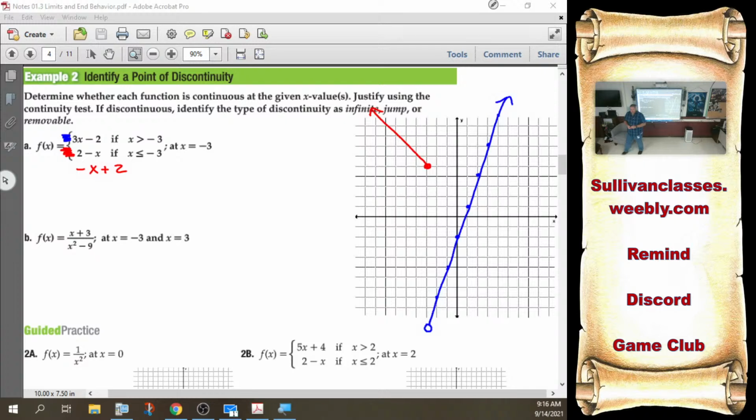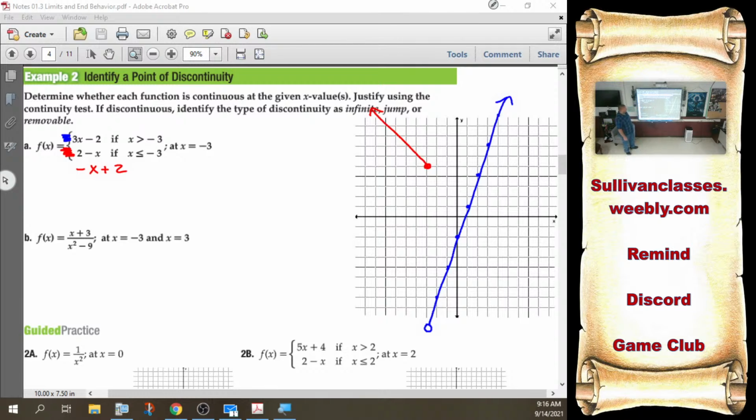Okay? That's what a piecewise function is. In fact, that's probably the easiest way to make piecewise graphs, is to just graph both and then erase the parts that don't matter. Because I don't know about you, I find it really hard to graph a line in slope-intercept form by not starting at the y-intercept. I find it really hard to graph a parabola if I'm not starting at the vertex. Well, what happens if the vertex is like 7 units away from where I care about it? Right?